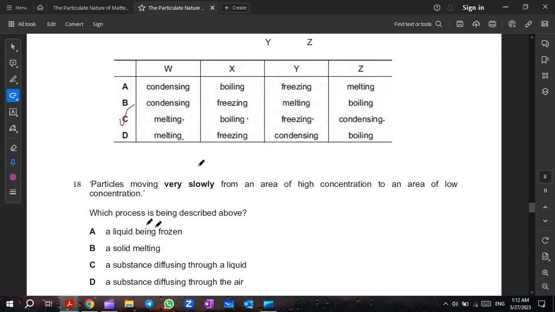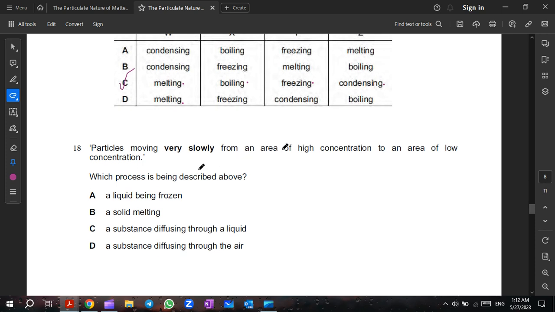Question 18. Particles moving very slowly from an area of high concentration to an area of low concentration. Which process is being described here? A liquid being frozen? No. A solid melting? No. A substance diffusing through a liquid? A substance diffusing through the air? So they are both diffusing over here, but then